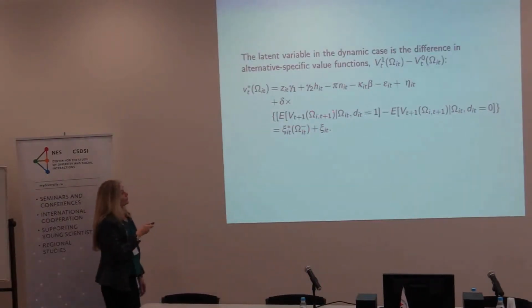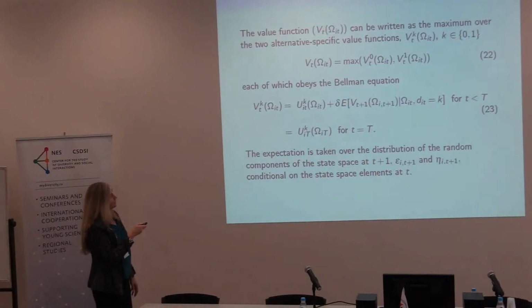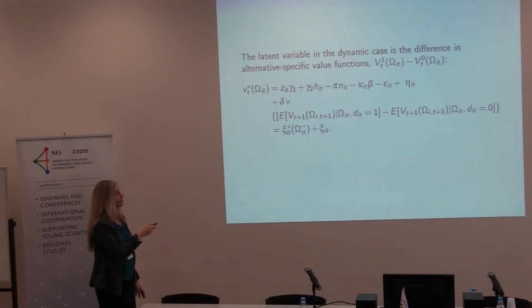All right, and if we just put in what our model was, this was the difference. So this is the Bellman equation, and you'd be comparing 0 and 1, the same as in the binary model. And I can write this as a threshold crossing model, the same as I did for the binary case. So now this is what we had before, but now we pick up this additional term,